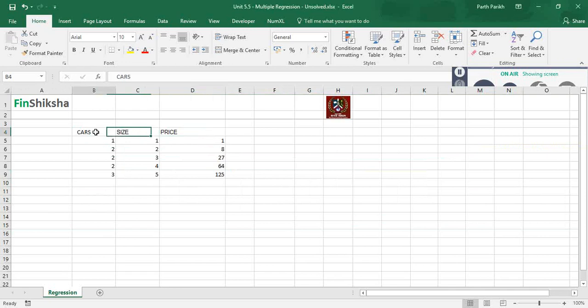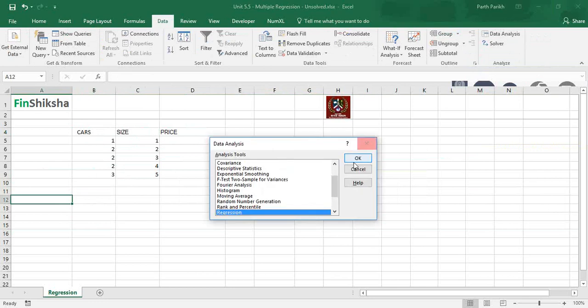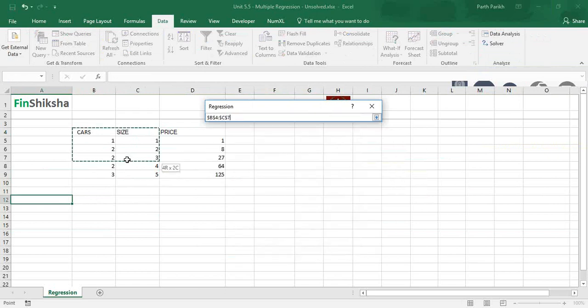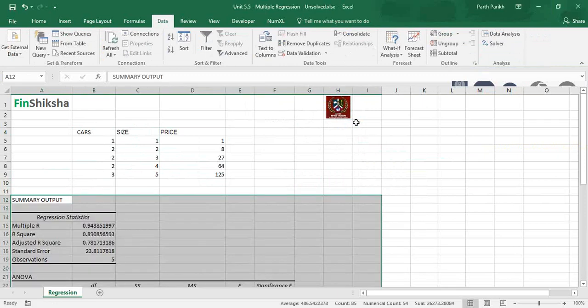All right. Now, how do we do a regression? You go to analysis, you click on data analysis, you click on regression. Your input Y range is already there, you just have to reduce it. For the input X range, you delete it, select the data over here, and everything remains the same. Basically, you just change the output cell location and click OK.